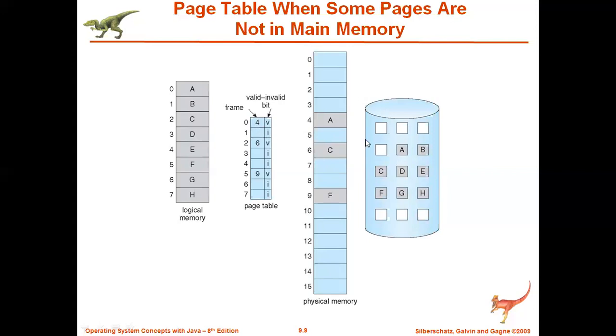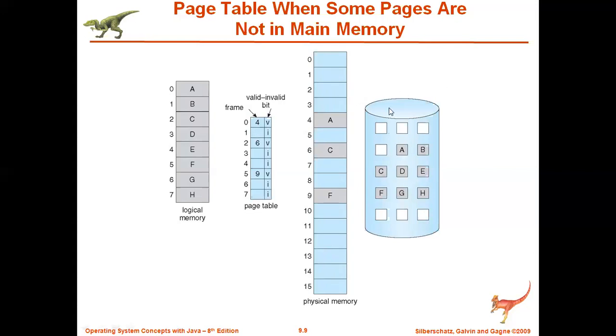But why we are doing all this is, in most cases, our processes will be larger than the physical memory size. Assume that our main memory capacity is 1 GB, but our process size is 2 GB. Assume that you have written a big program whose size is 2 GB. Am I able to put that entire program into this main memory to complete the execution? No, because my main memory capacity is only 1 GB, but my program is 2 GB.